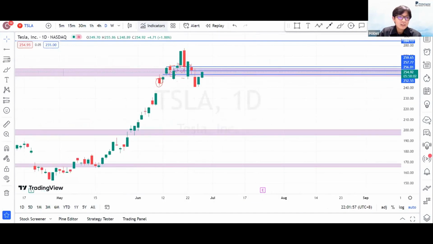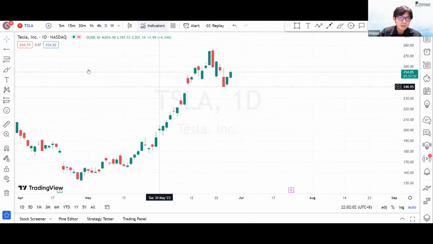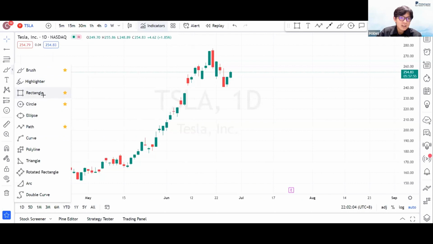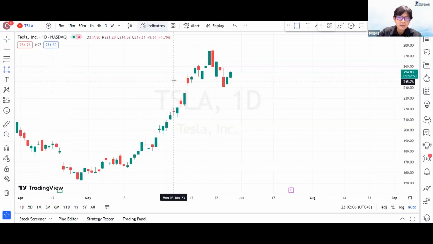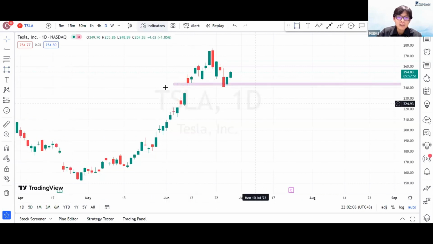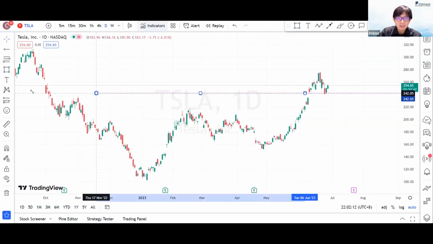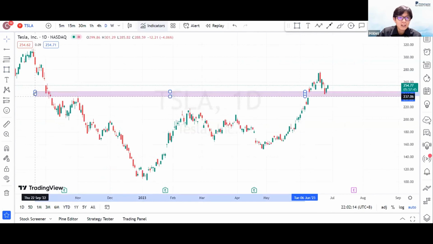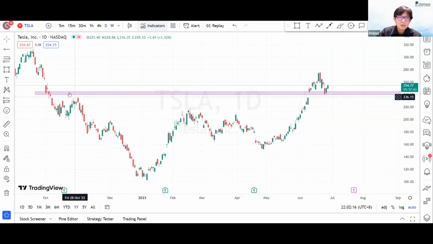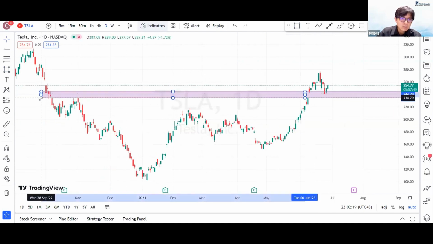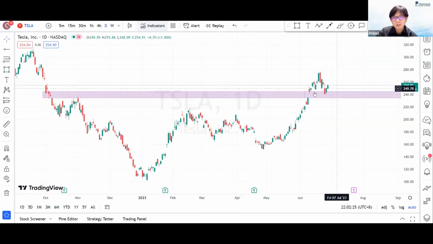Okay, for Tesla. Okay, let me just clear everything again. Okay, I'll draw for you again. Okay, for intraday, even though you're playing on intraday, I think it's very important to really take your levels off a daily chart, or at least a weekly. I mean a weekly or at least a daily lah. So at least you know where our price is rejecting from. Okay, so clearly we can see that there's a previous supply level which ultimately just broke away and is currently trying to create a demand or support level.